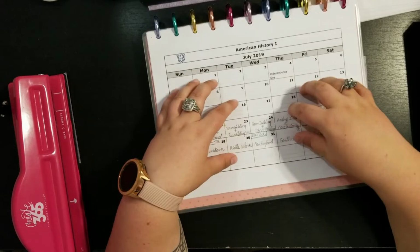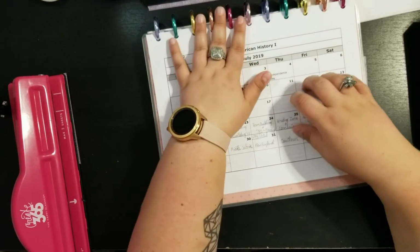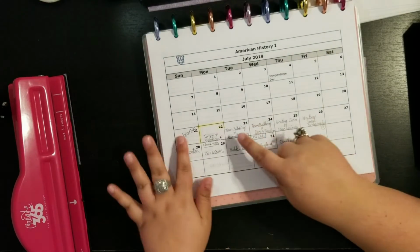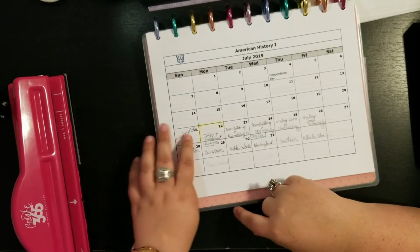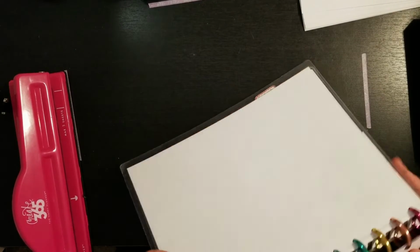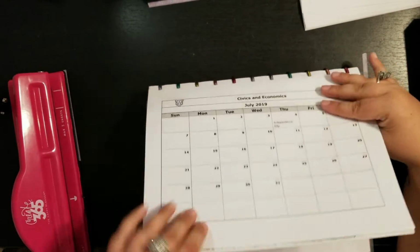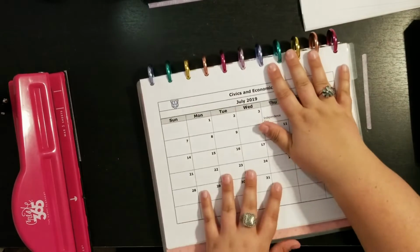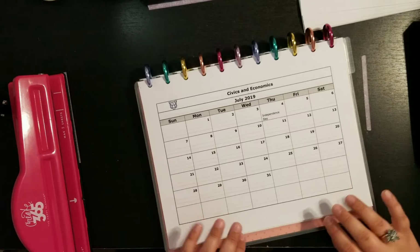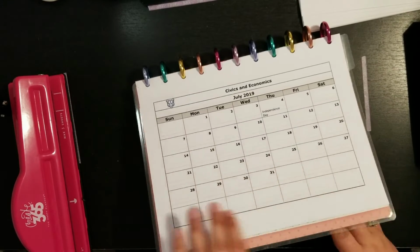And then I am going to map this out in my planner on the monthly views. I'm going to just put the weeks and what units we should be in, but I can't do that until I do both my classes. So probably not today, maybe, but probably at some point this week, I'm going to work on civics and planning out that curriculum. So that is